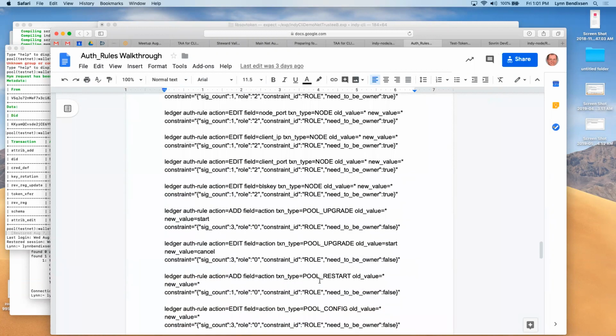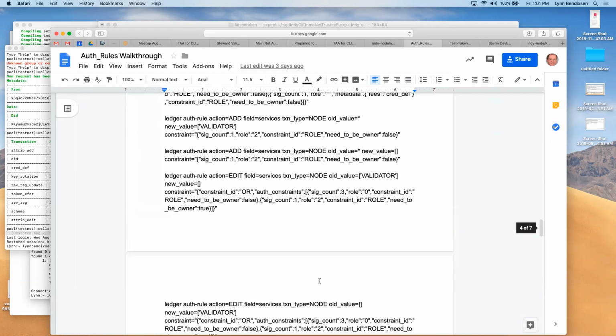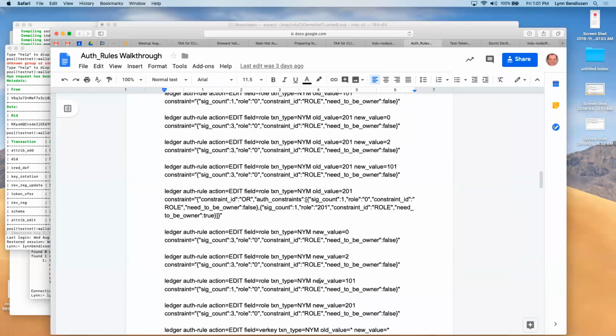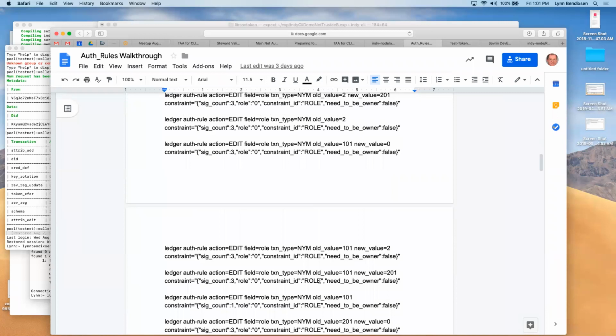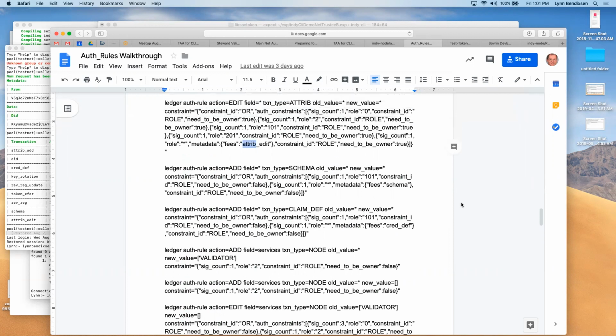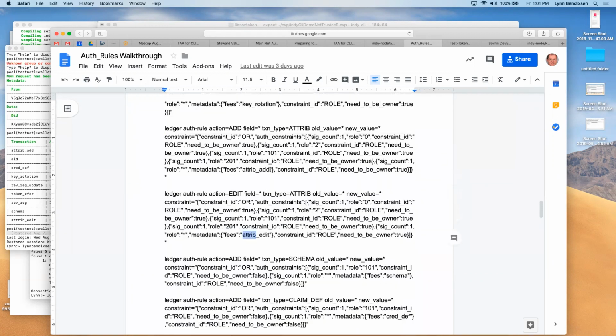So I'm scrolling through my, sorry. Control F. We got 4 of them. Okay, so this is add an attribute, is what we were doing, right? Yep. And this says, oh, look at that. There's an OR constraint here on this particular one.